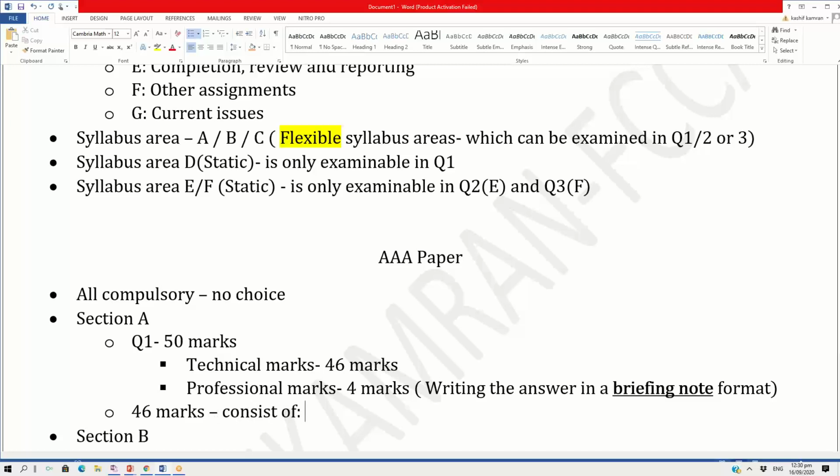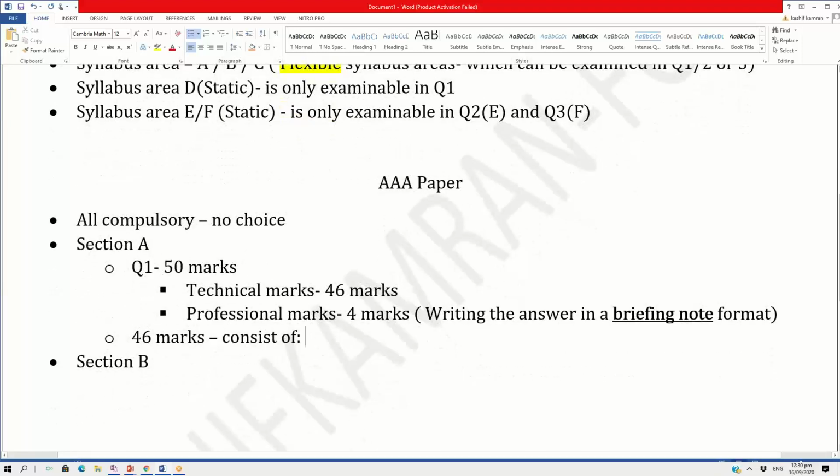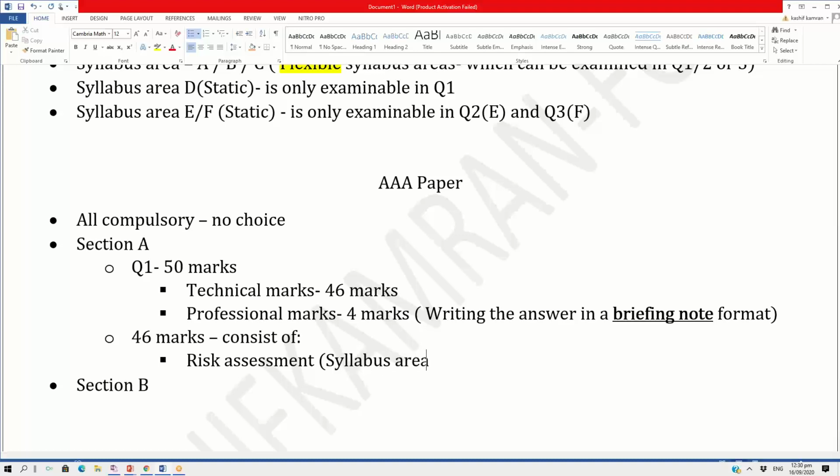Now, when you look at the breakup of the 46 marks, logically, and at what they consist of, an ideal question number 1 in the AAA paper first of all consists of risk assessment, which is the syllabus area D, which is a must. Risk assessment, like you do in the AA paper, audit risk assessment, but there are several risk assessments in the AAA paper, which you will get to know later. But risk assessment is an integral part of the 46 marks